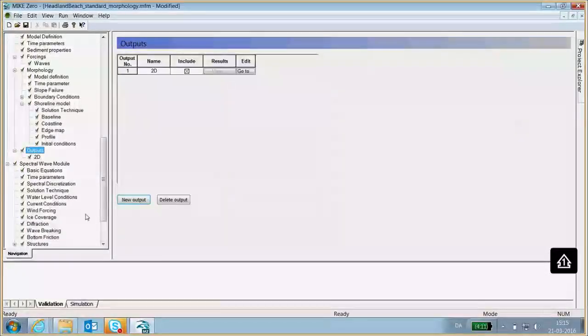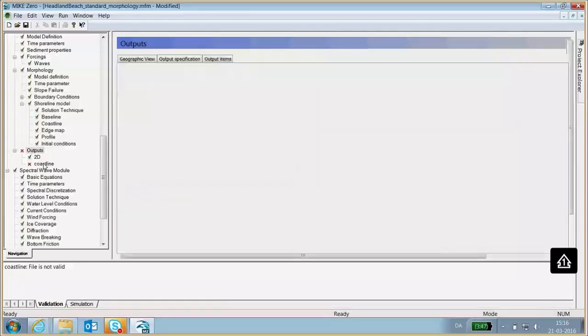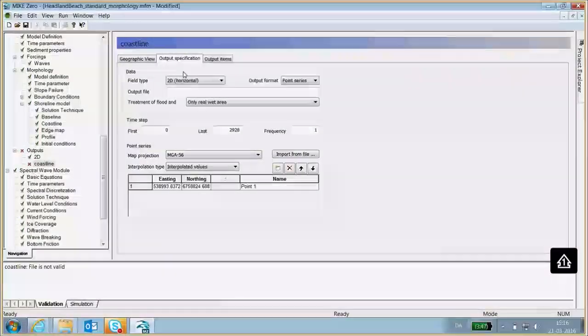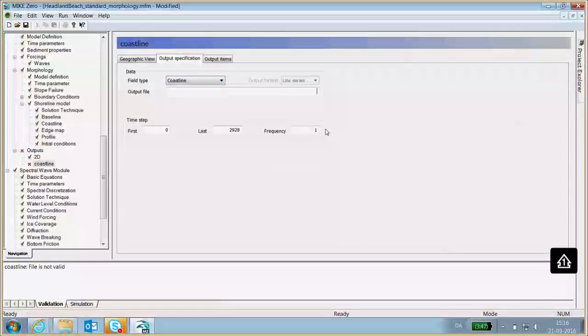Now we're going to make a new output that will be the coastline output, so we'll just call that coastline, so it's easier for us to navigate. And then we select the field type as the coastline, and we will just call this coastline, and then you can see the extension DFS1.